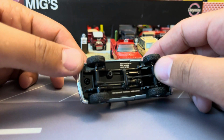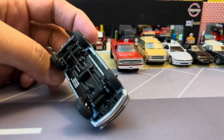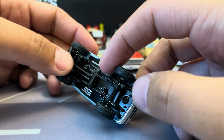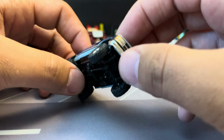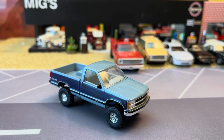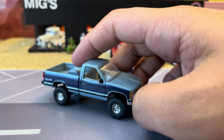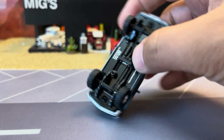The other note I have to say is this is a custom lift. By the time these trucks came out in '88, their four-wheel drive was, at least on the half-ton trucks, still IFS. So they had independent suspension. This one has solid axle. This ended on the half-tons in '87 with the end of the square body. On the half-tons, that one extended itself into the 90s in the 3/4 and 1-ton trucks. But so this one really should have had independent front suspension, but they just kind of used the same design,